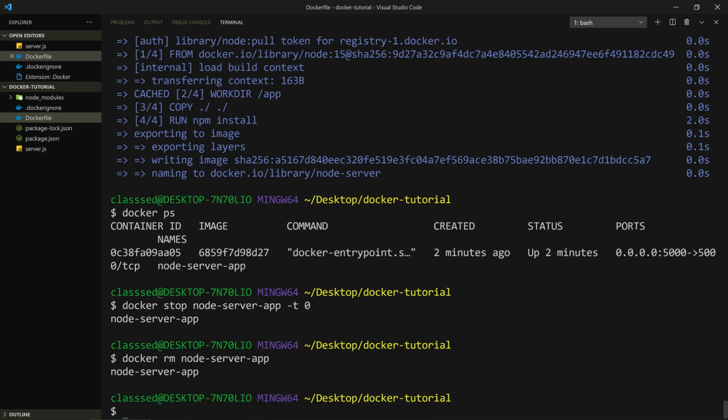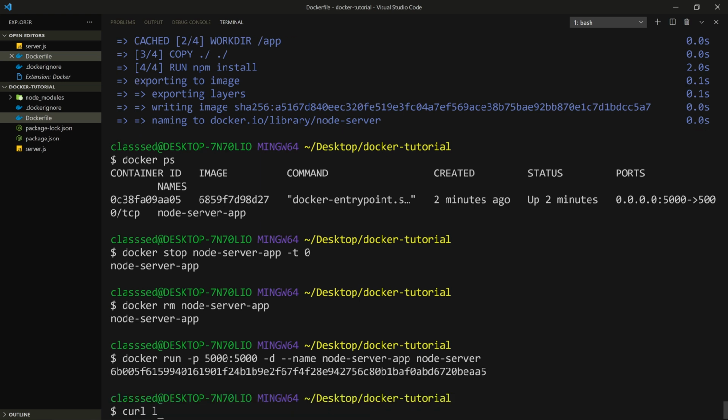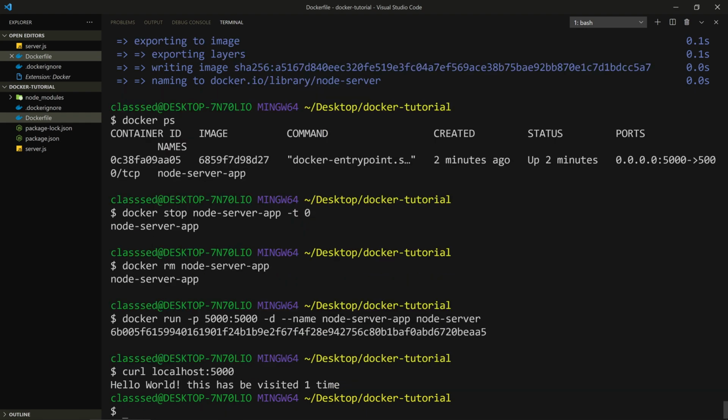And now let's run a new container based on this new image. So let's say docker run again -p to expose the port 5000:5000, -d --name. We'll call it again node server app, and the image is node server. So hit enter, and there we go. It's working exactly the same. So if we do curl localhost 5000, of course it's reset to 1 because that's not in a database or